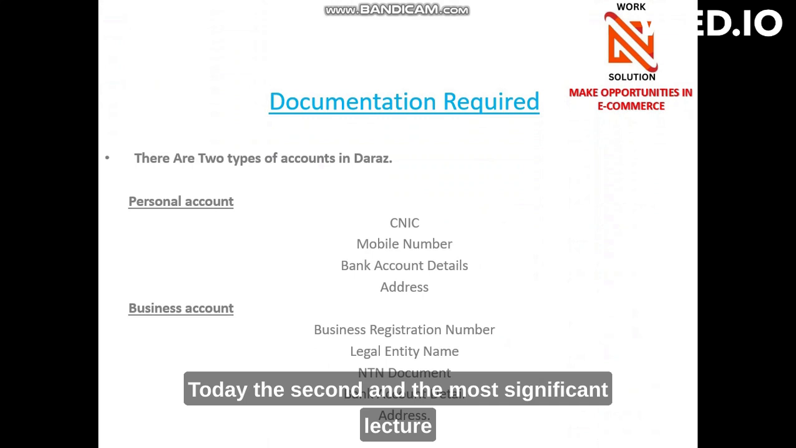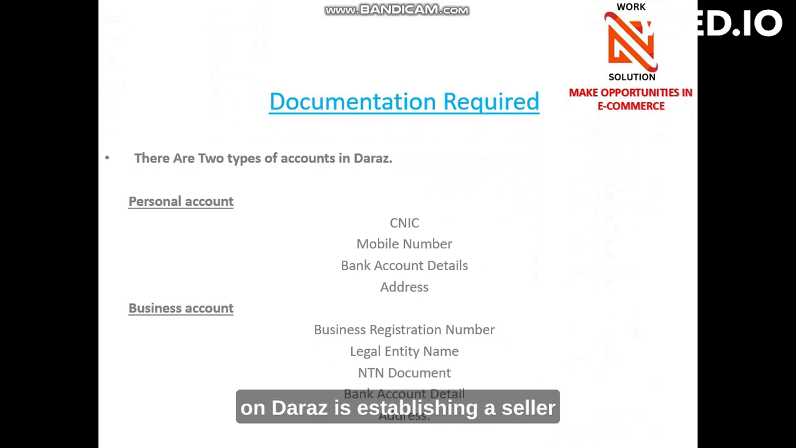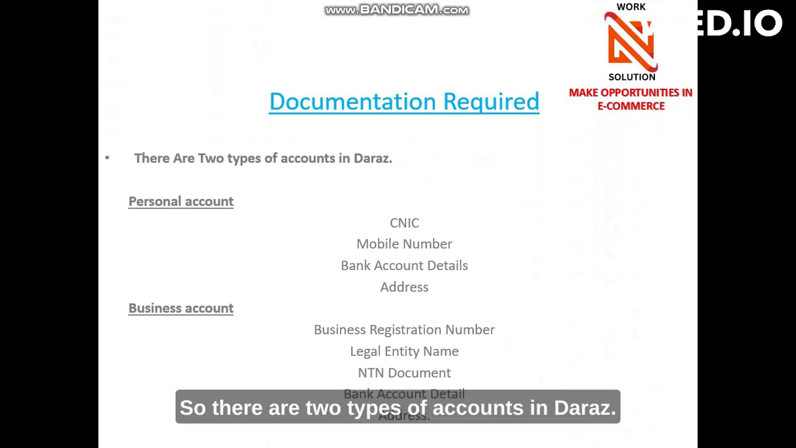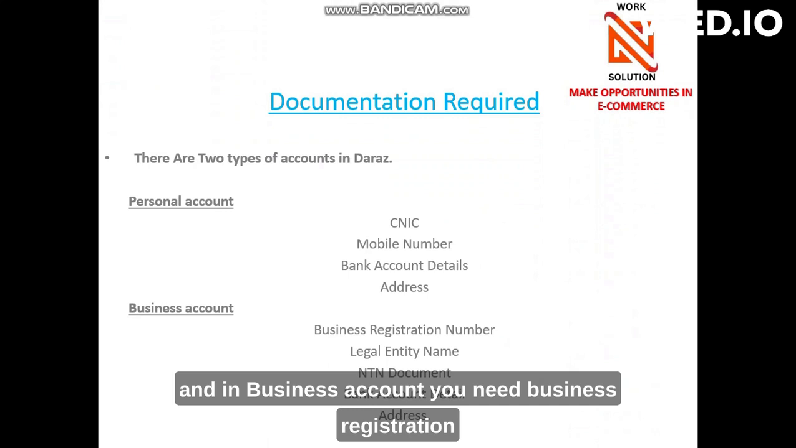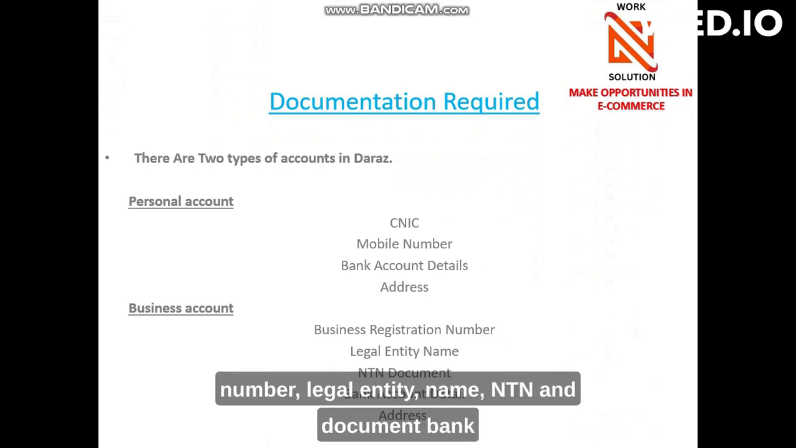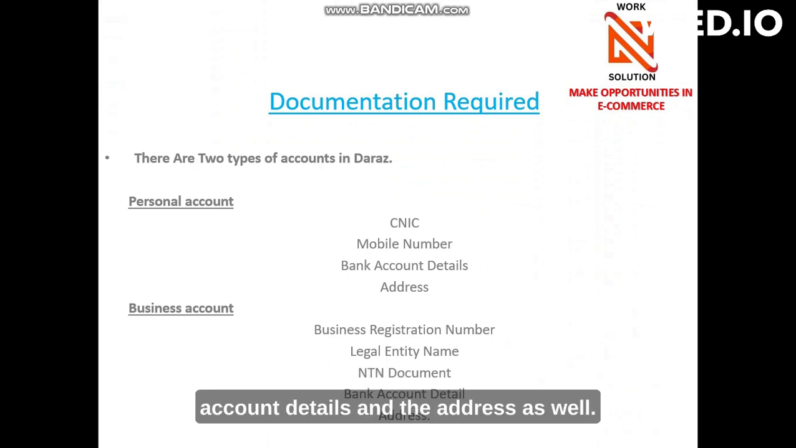Today, the second and most significant lecture on Daraz is establishing a seller central account. There are two types of accounts in Daraz. The first one is a personal account. The second one is a business account. In a personal account, you only need your CNIC number, mobile number, bank account details, and address. And in a business account, you need a business registration number, legal identity name, entity and document, bank account details, and the